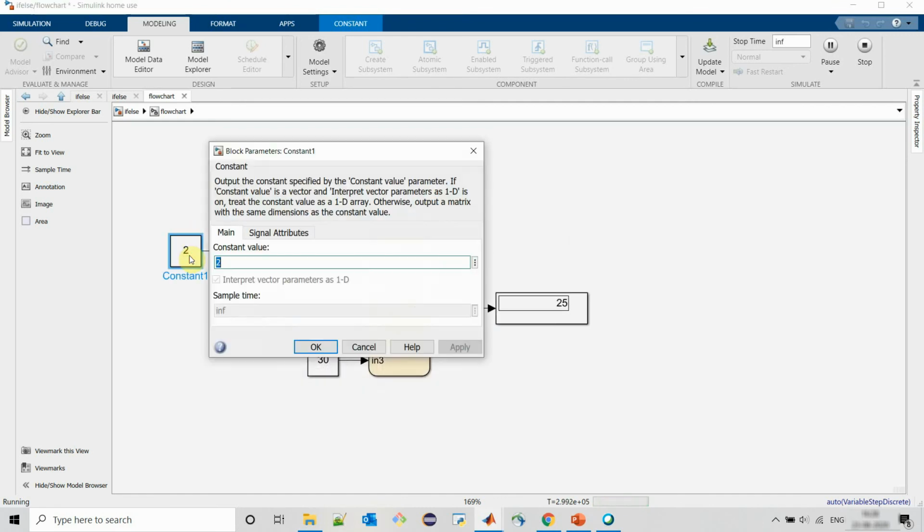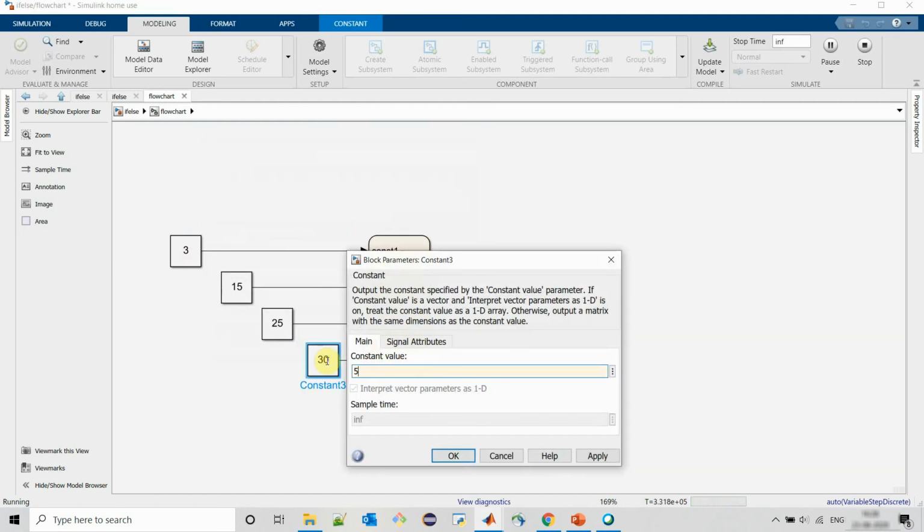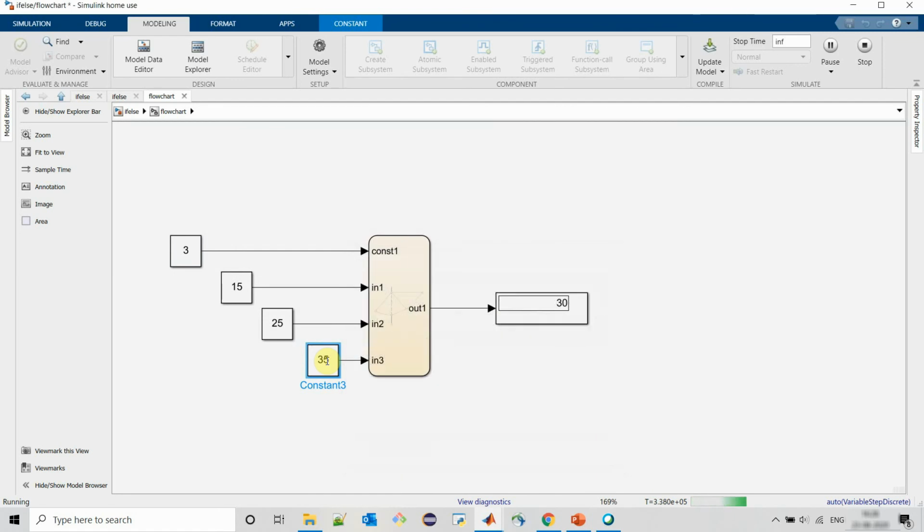When constant 1 is made equal to 3, it is passing input 3 as an output. And when none of the conditions are met, it will pass output as 0. So in this way we can create the same logic which is created in Simulink using a switch block by using a Stateflow flowchart.